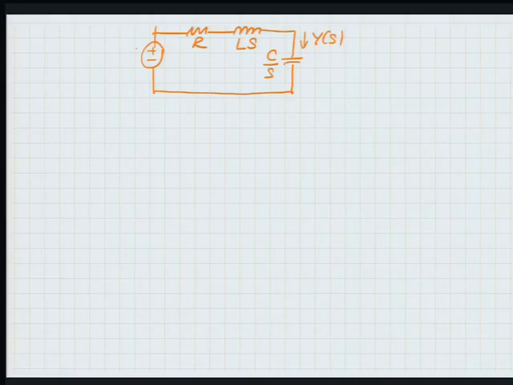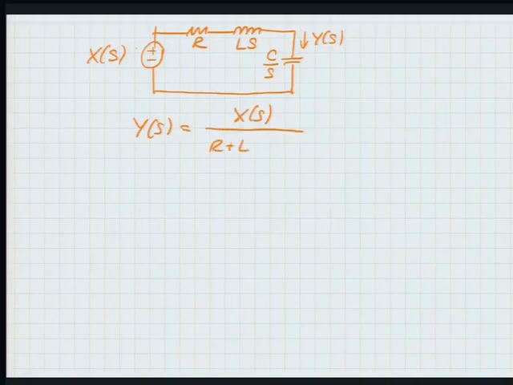If these were all resistances, what would you do? You would take the voltage X divided by the sum of the resistances, right? And that would give you the current. So he does the same thing. So he says, okay, Y is voltage by